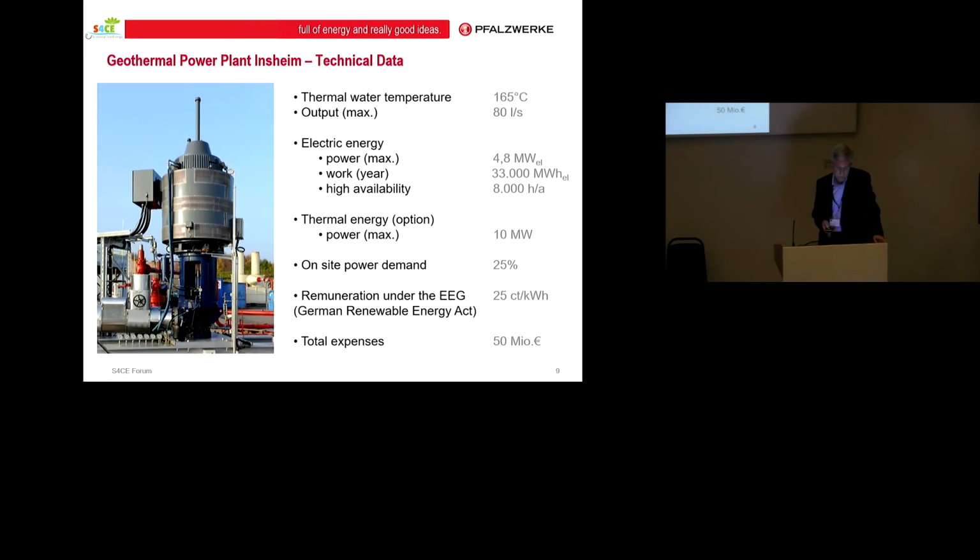The technical data: the power plant was designed for a flow rate of 80 liters per second and a brine temperature of 165 degrees C, which definitely will be reached in the operating facility, but unfortunately we haven't reached so far the design point of 80 liters per second. We're operating the power plant at the moment at 70 liters per second. Therefore, in cold winter times, we generate around 4 megawatt up to 4.2 megawatt of electricity. The availability, fortunately, is a lot better than initially expected. The power plant is operating around 8,300 hours up to 8,350 hours per year due to a very intense maintenance